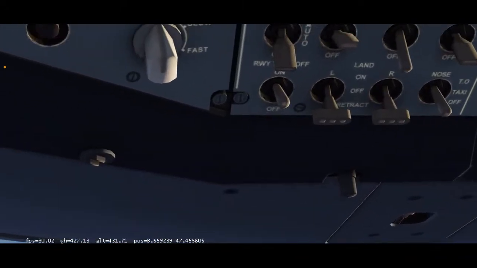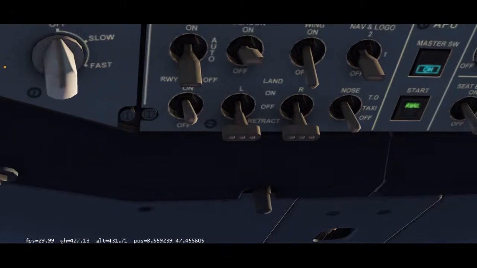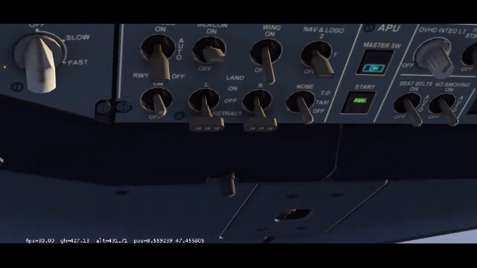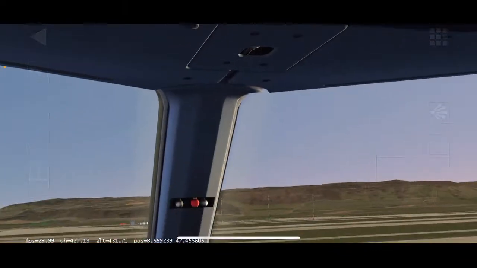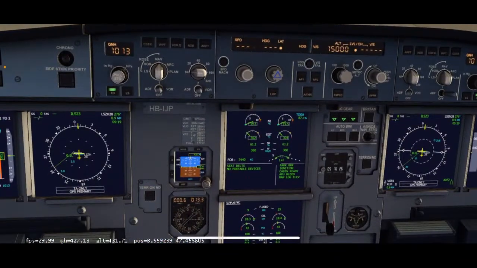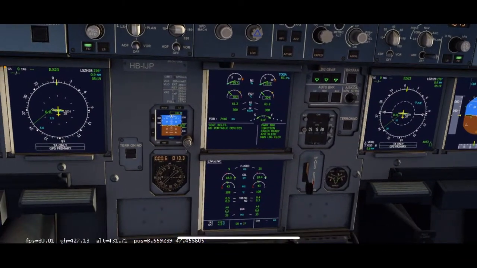Oh, he turned on the runway runoff lights. I don't know why he did that. Oh, he also turned on the taxi lights. But yeah, you would do that. I'm going to do that manually for you guys. You'd now put your lights to taxi once you're ready to taxi. But I am wondering about that.